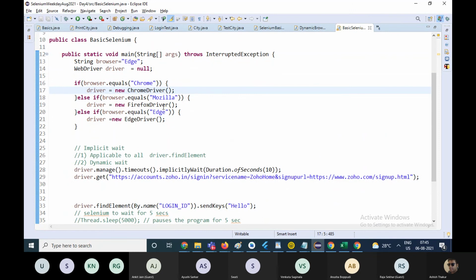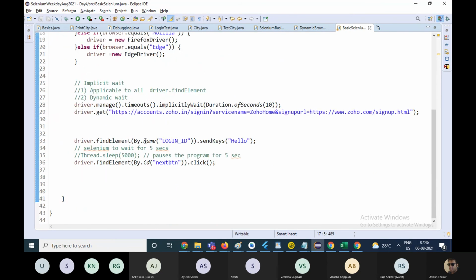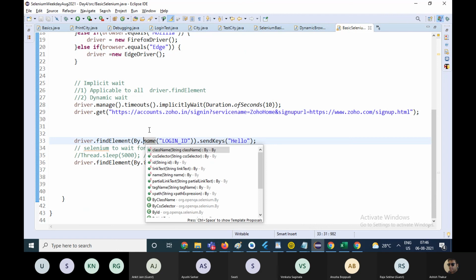Now the thing which you should be knowing is how to use the other locators like XPath. XPath is like the address of the element on the web page, or CSS selector.